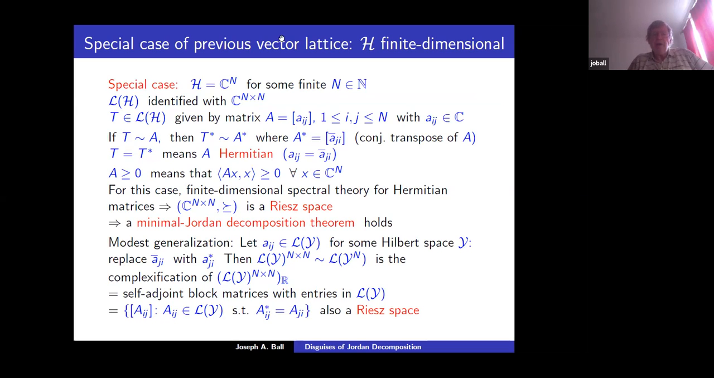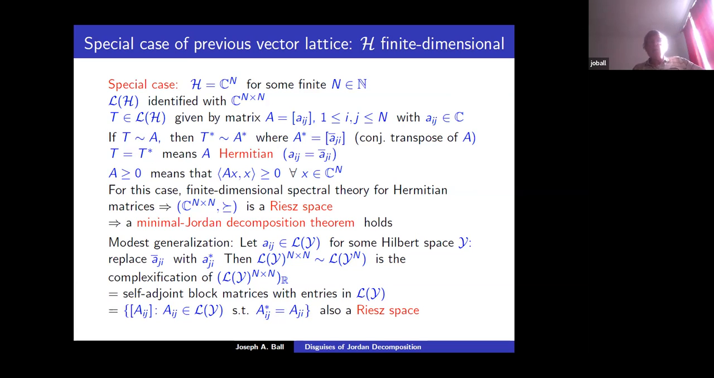And then we have finite dimensional spectral theory for Hermitian matrices. Well, if we take the real, this is a complexification, and n by n matrices over real numbers is a real space with this so-called Loewner ordering. So we have the minimal Jordan decomposition theorem holding for